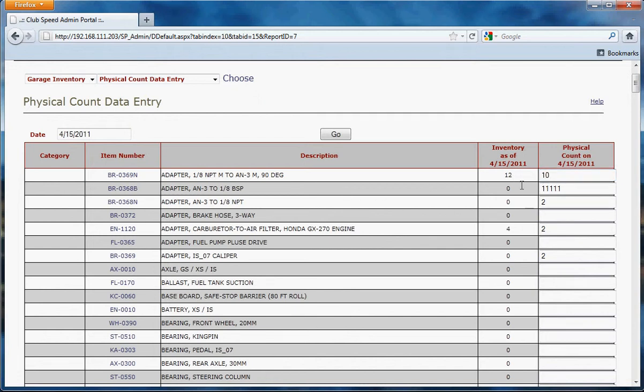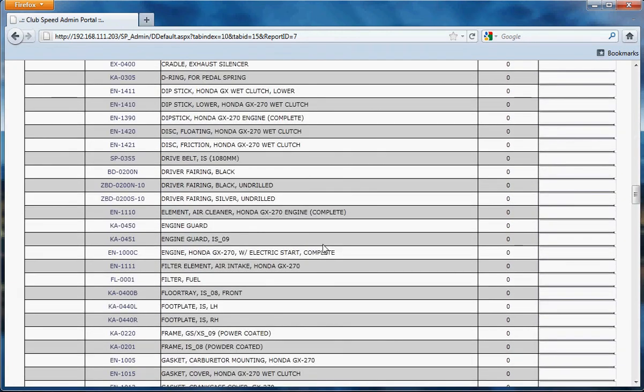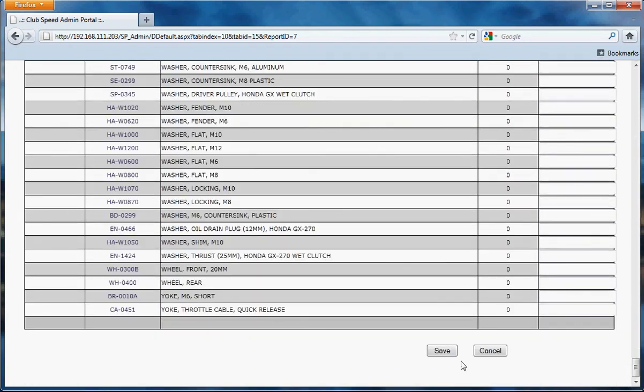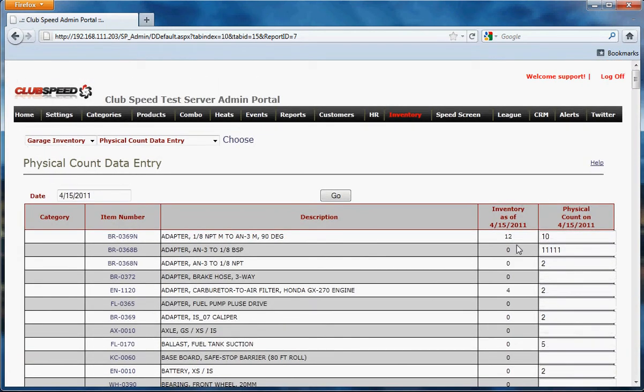For this adapter, any changes you're going to put on this side, you're going to manually add them in here. Once you make all the changes for the day, you're going to go down to the very bottom and hit save, and that way it's going to update your inventory levels. Now it won't change on this list here because this is going to show at the beginning of the day what your current inventory was, and then this is going to show what you've changed throughout the day,